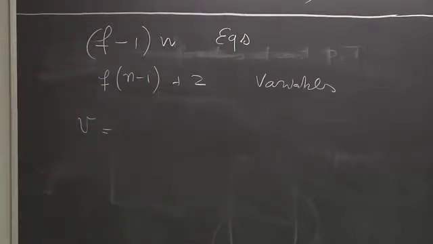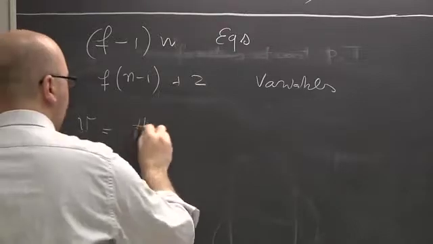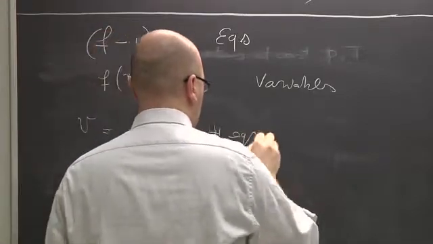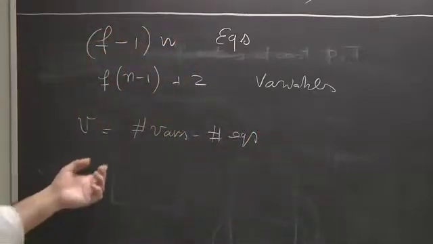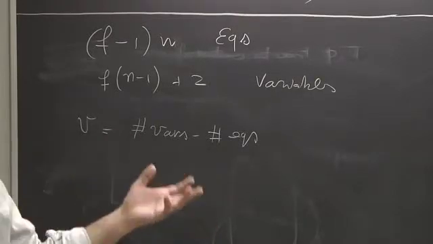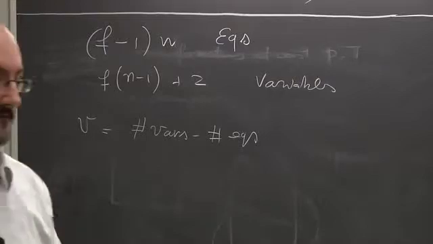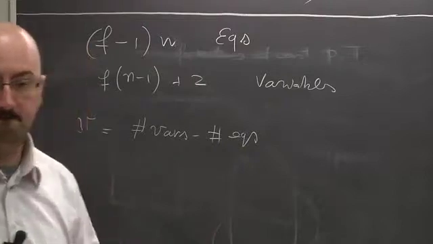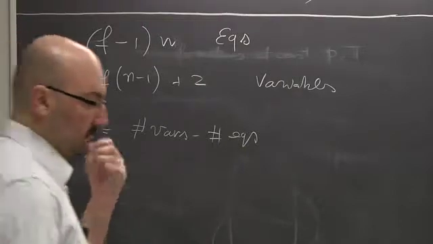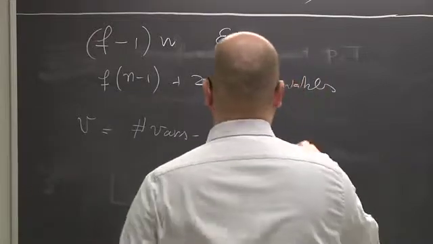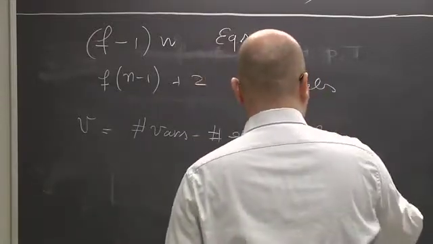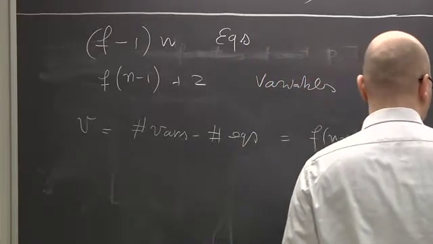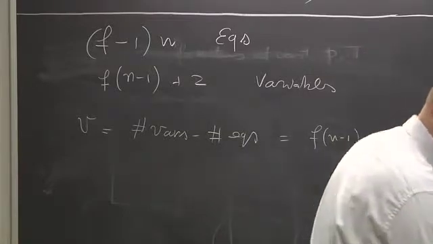So the variance of the system is the number of variables minus the number of equations. Because if the number of variables is equal to the number of equations, then we could solve, in principle, the equations and find a unique solution. If there are more variables than equations, there are parameters that we can set. Okay, so this is called the variance of the equation. And so this is f times n minus 1 plus 2 minus f minus 1 times n, which is equal to